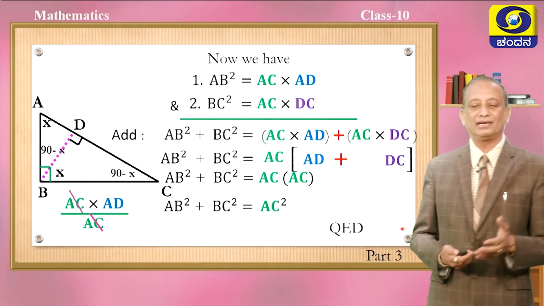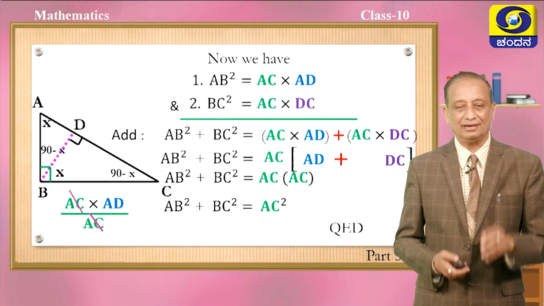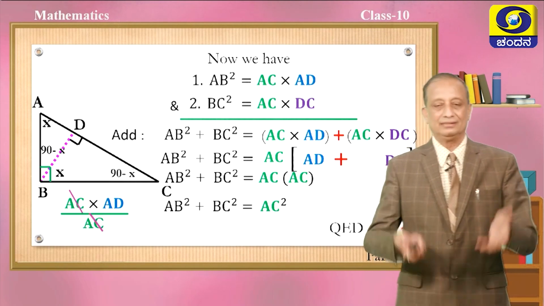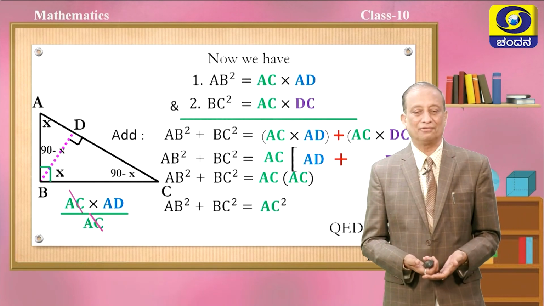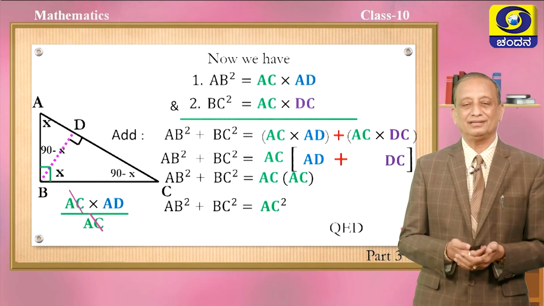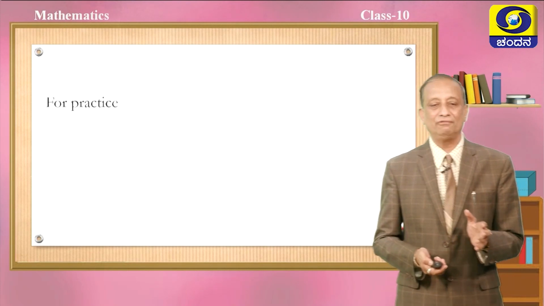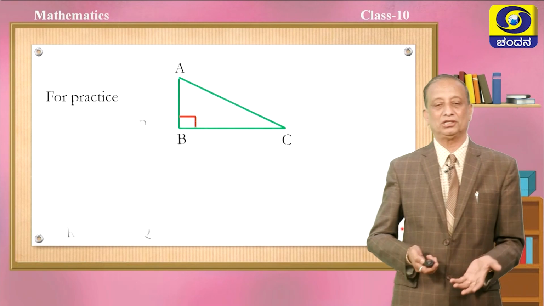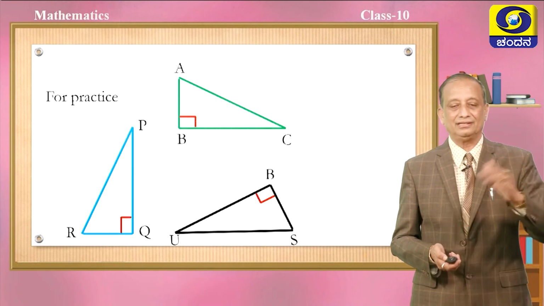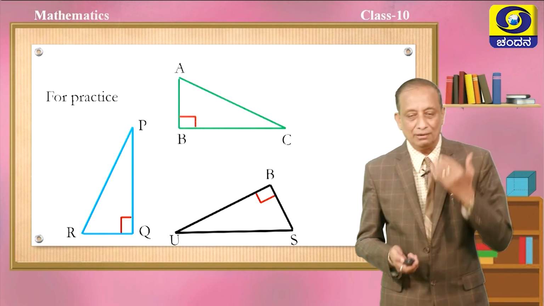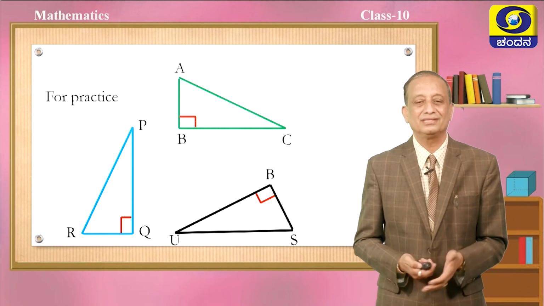Okay, you can remember it as part 3. Anyhow, to prove this theorem, there are 3 parts. First, you have to calculate AB square, then BC square, add up. By adding, take AC as the highest common factor, you will get the Pythagoras theorem only. Very easy, children. Please practice this by drawing figures in various fashions with the right angle triangle facing the right, facing the left, facing the bottom like this. So, you have to practice like this with different alphabets also,